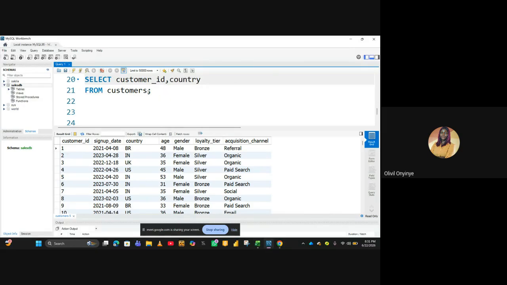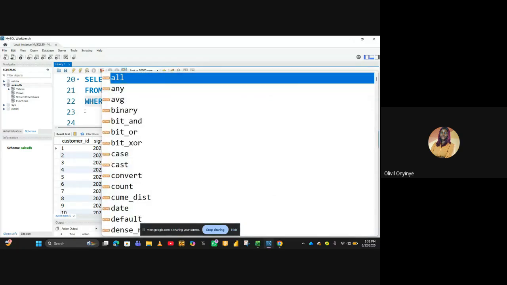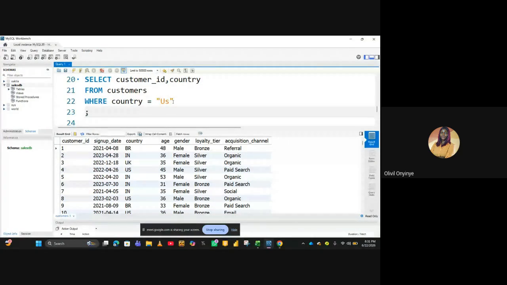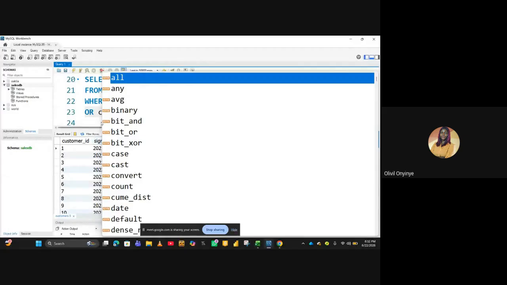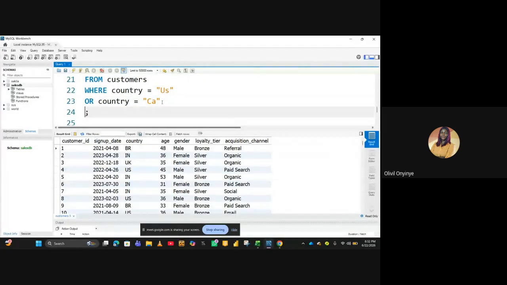All right. So from our customers table, using the where clause, where our country, the countries that have patronized us, is equal to US, give us those from US, or using the OR, where the country is equal to, let's filter out people from Canada, CA, and then using the OR condition, let's filter out again